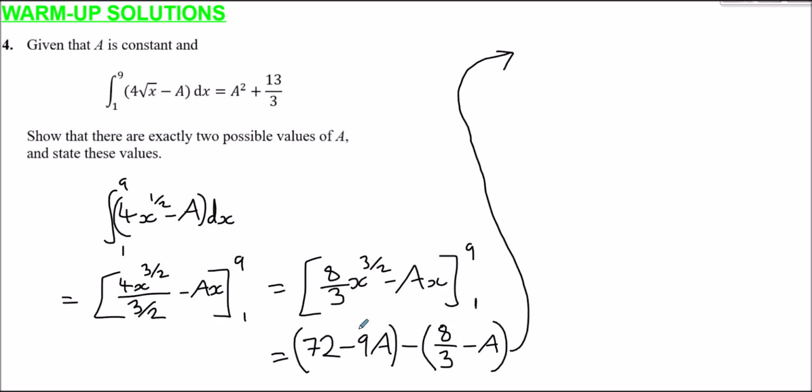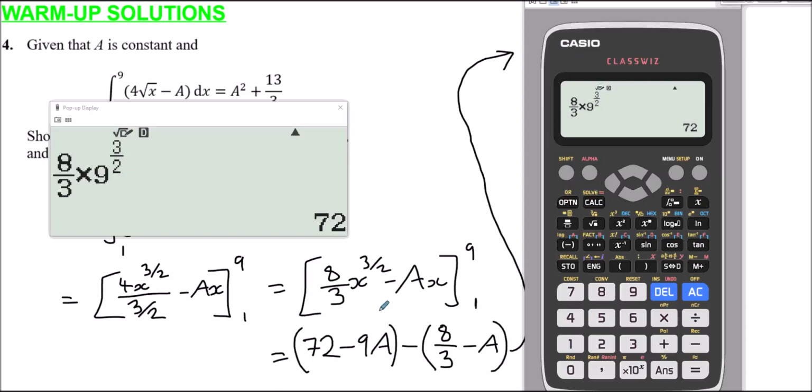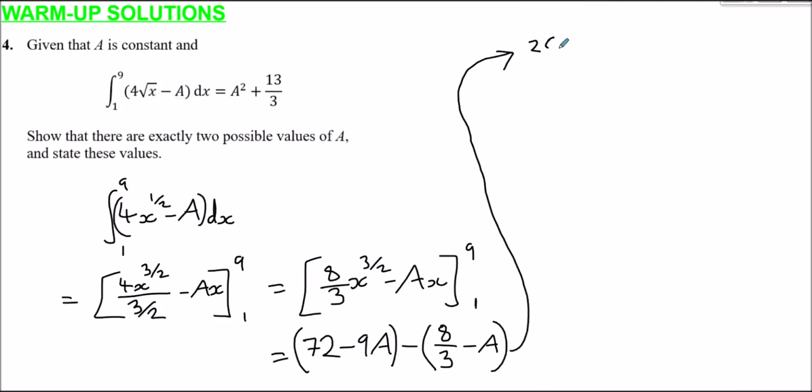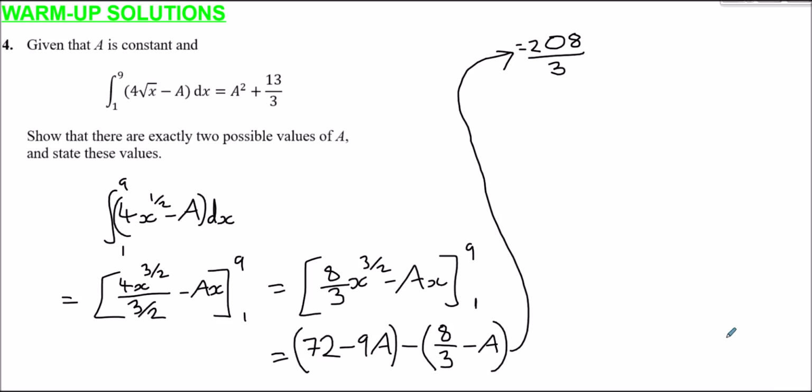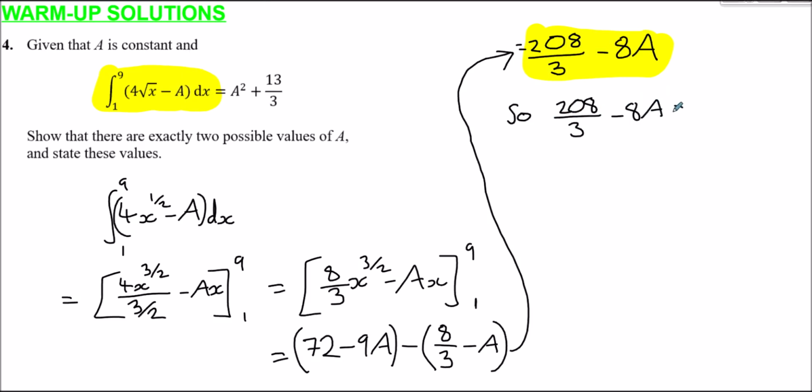So let's neaten this up. 72 minus 8/3, well, we can do that. 72 minus 8/3 gives us 208/3. And minus 9a minus a. Minus 9a minus a is minus 9a plus a, which is negative 8a. And so all of this integral here is actually just equal, in the end, to this: 208/3 minus 8a, that equals a squared